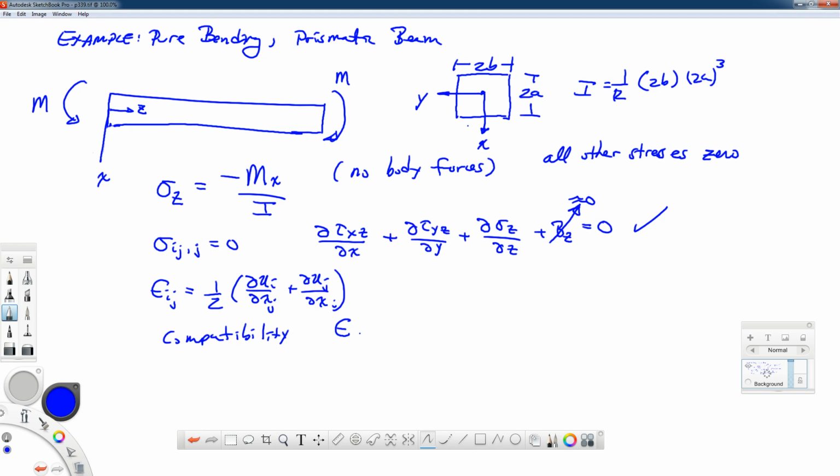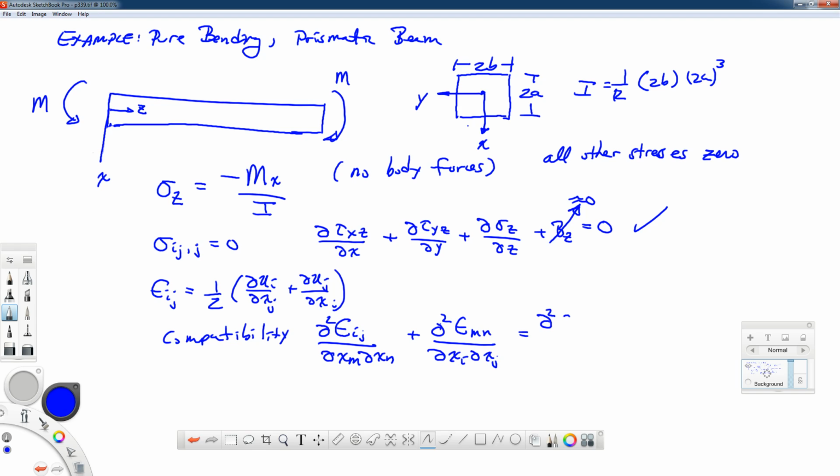Epsilon ij with respect to xm and xn, plus the second partial of epsilon mn with respect to xi and xj is equal to the